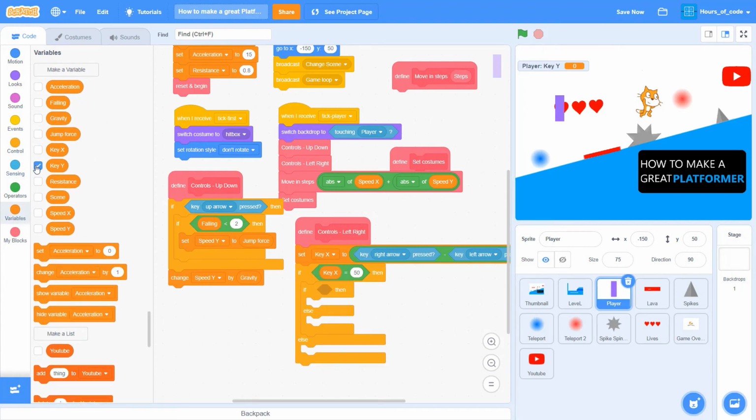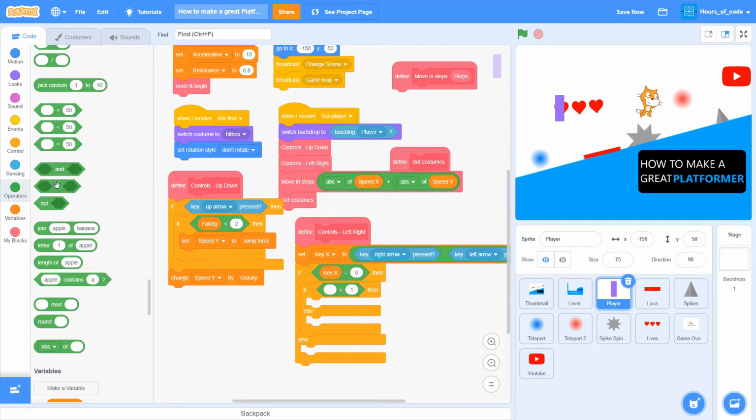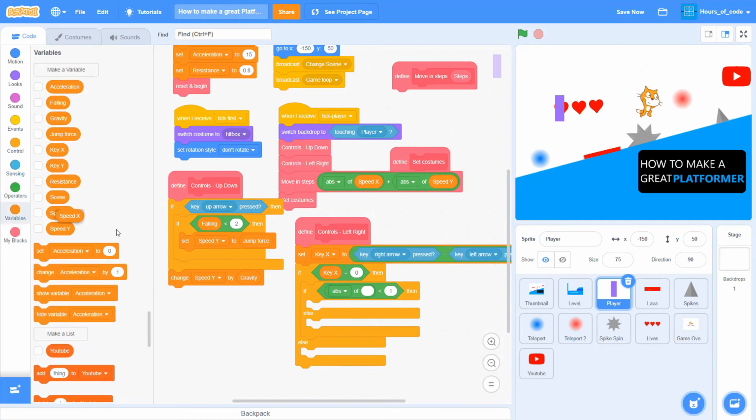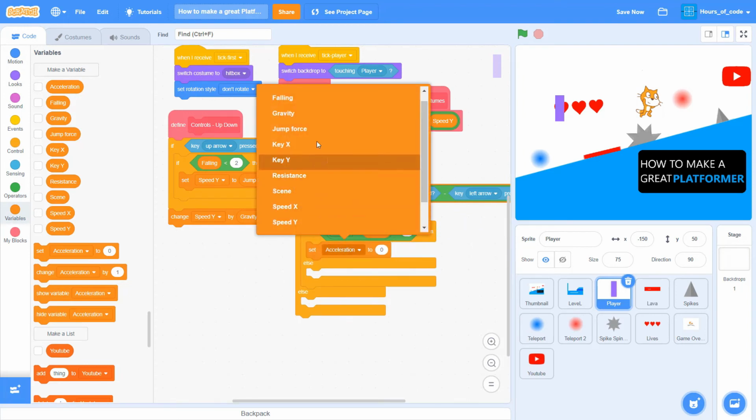If key X is equal to 0, then in the other if-else statement, add if abs of speed X is less than 1, then we will